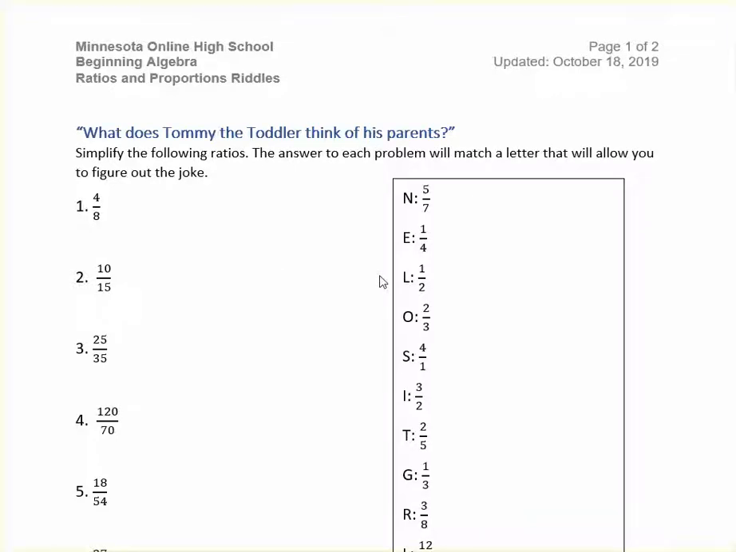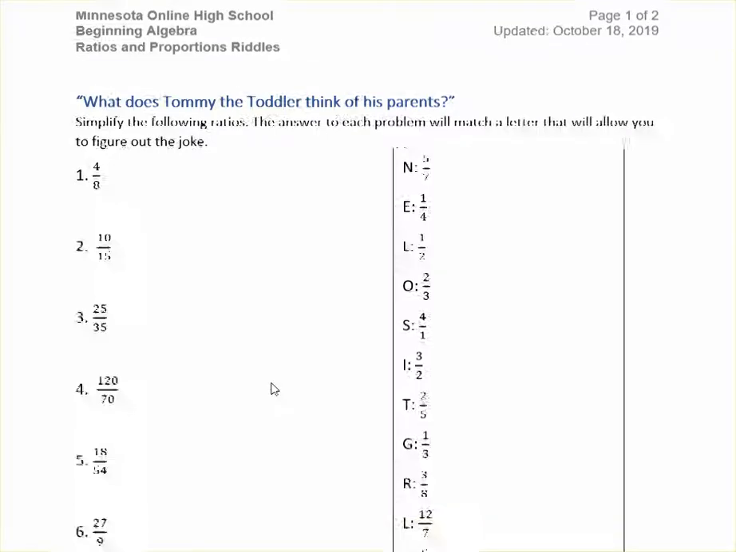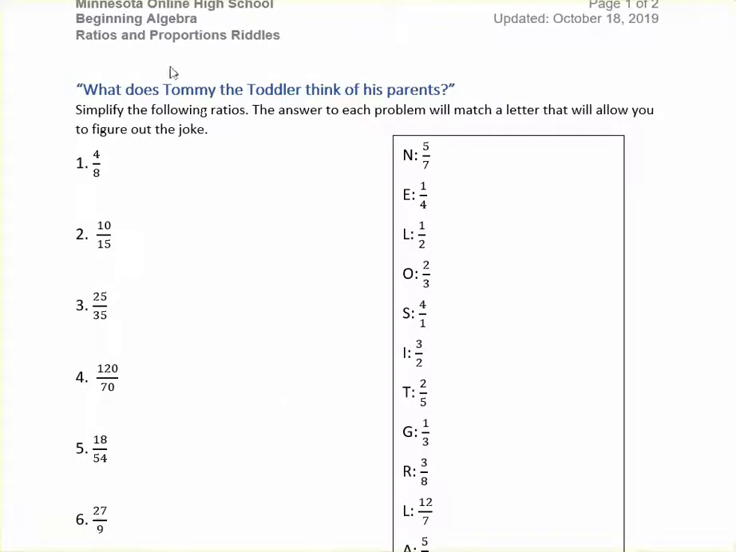In this video we are going to look at the ratios and proportions riddles. This is some extra practice with each of these skills. So on the first page you are going to try to answer the riddle, what does Tommy the toddler think of his parents? And in order to do so you'll simplify each of the ratios and then find the matching answer. So for example, number 4,